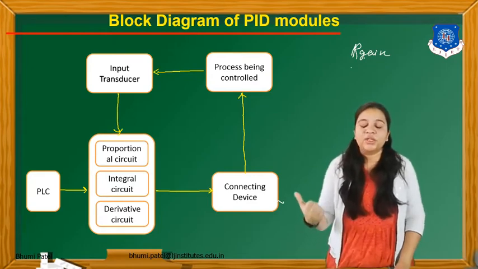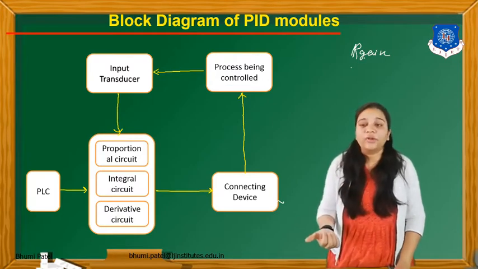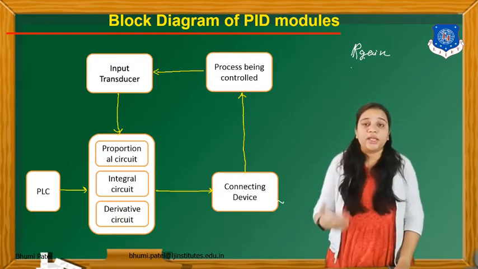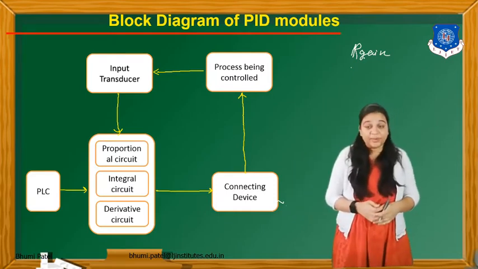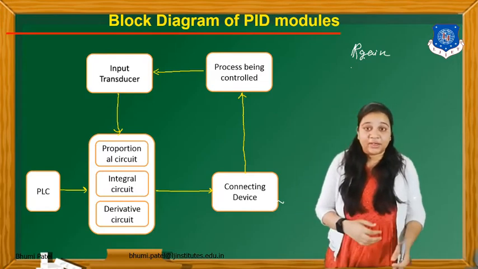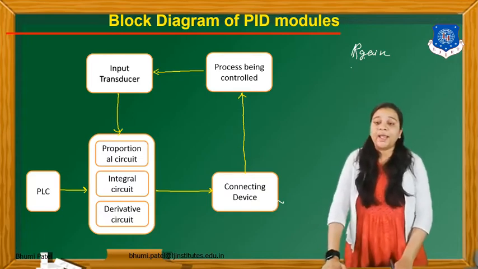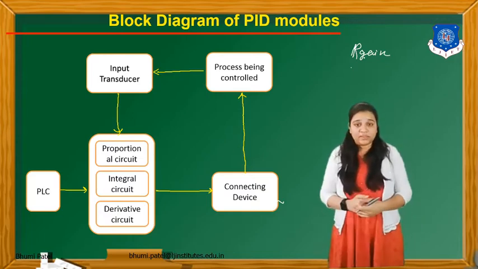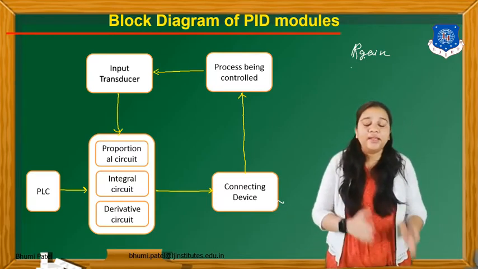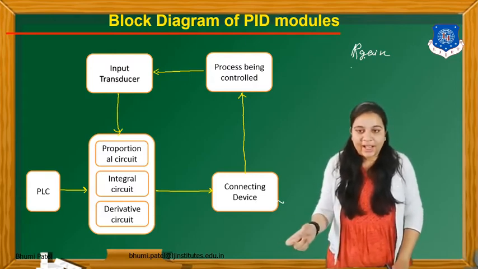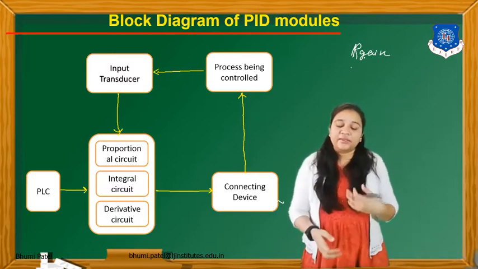If a proper proportional graph is not given for this particular system, we can change the gain of the system and then check the output. This is one type of trial and error method. The other important approach is that we have a proportional, integral and derivative circuit equation. Using this equation we can also calculate the P gain, I gain and D gain, and according to this data we can apply the theoretical values in practice and then check the output.